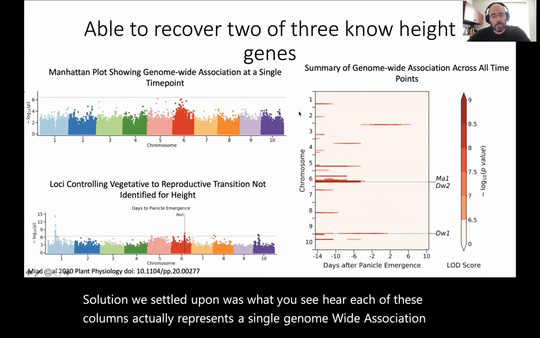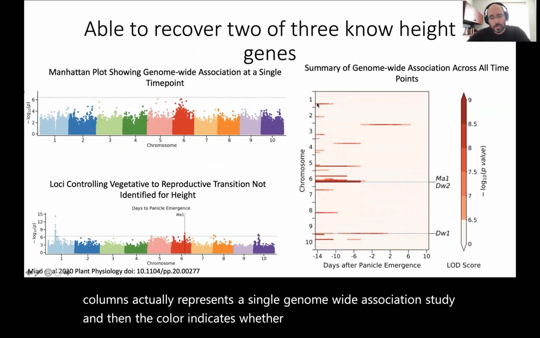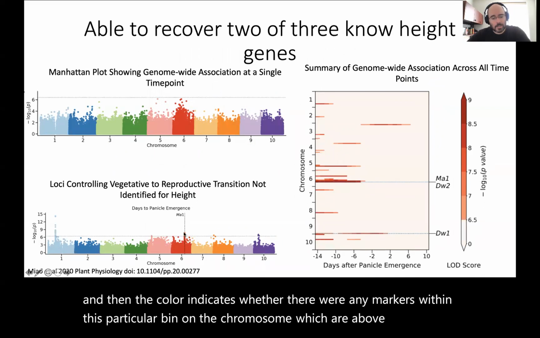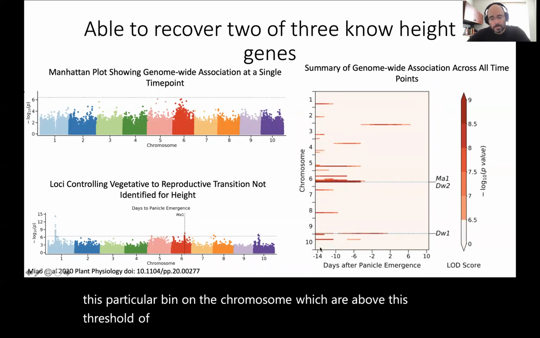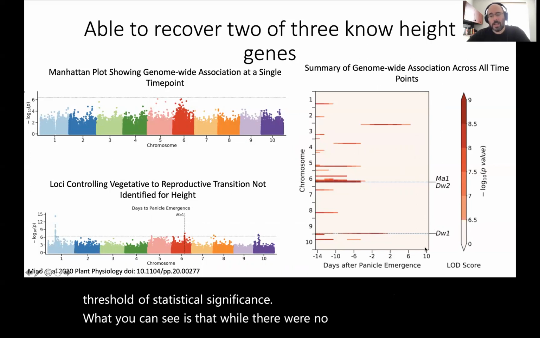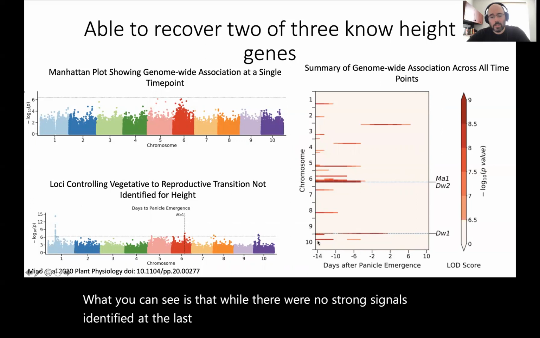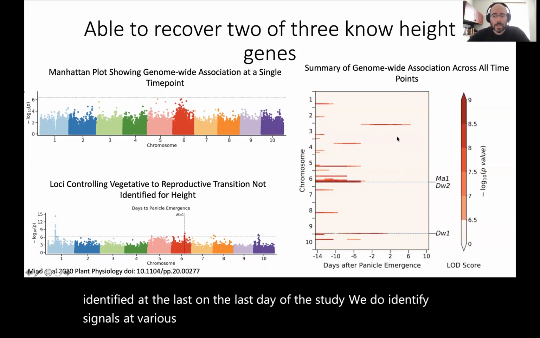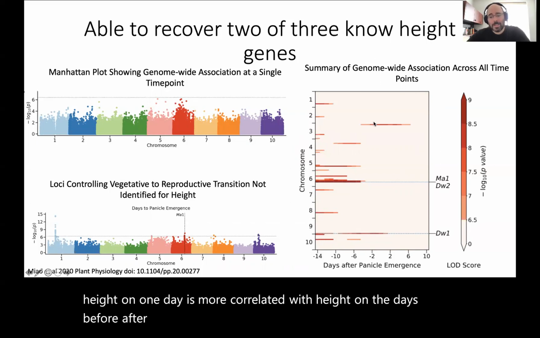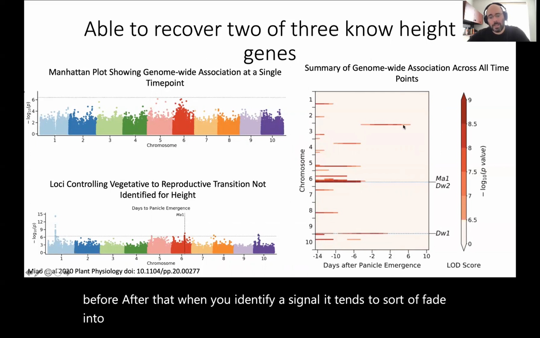And then the color indicates whether there were any markers within this particular bin on the chromosome, which are above this threshold of statistical significance. What you can see is that while there were no strong signals identified on the last day of the study, we do identify signals at various points, different parts of the genome. And because height on one day is more correlated with the height on the days before or after that, when